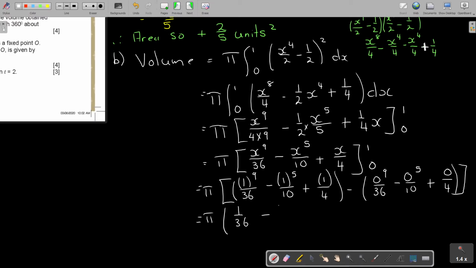This is going to be 1 over 10 plus that quarter. And unfortunately, all this 0, 0, 0 will just, but don't always think it is 0, especially if it's e, but that's more in further integration. Okay, and now I can just basically take my calculator. I can just press 1 over 36 minus 1 over 10 plus, and at the end I will get 8 over 45. So therefore,